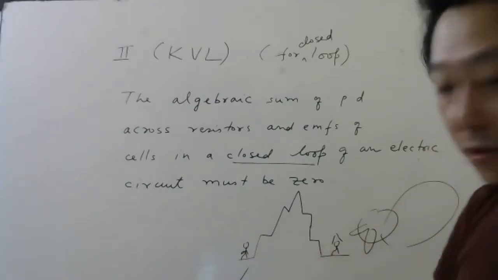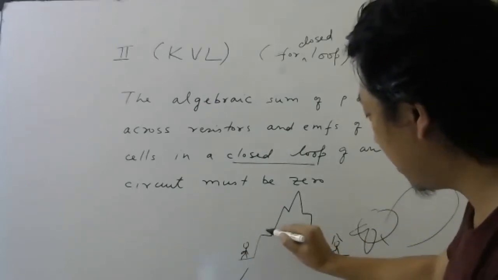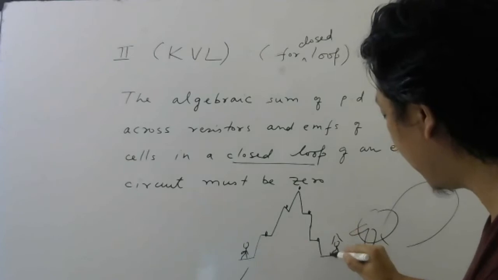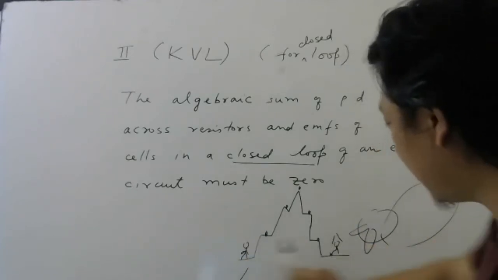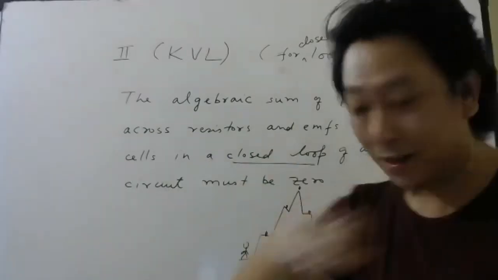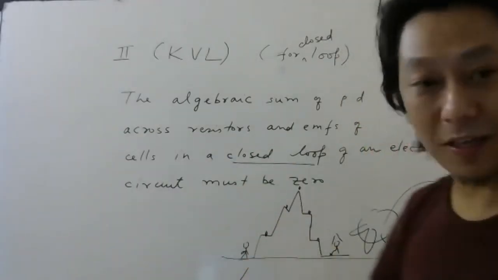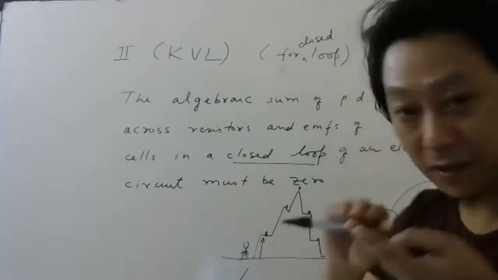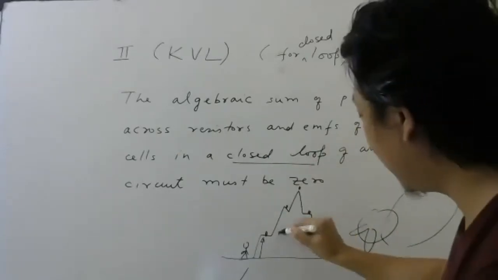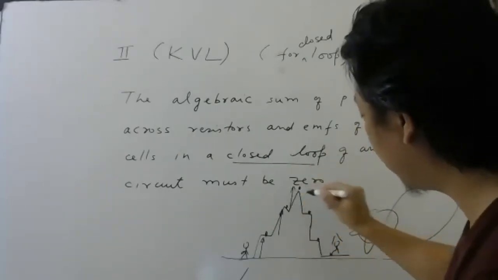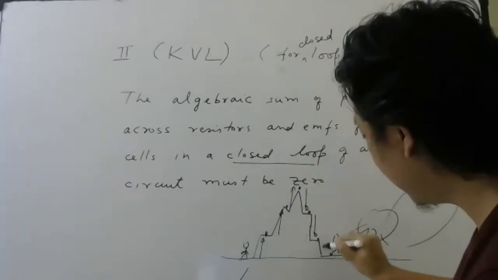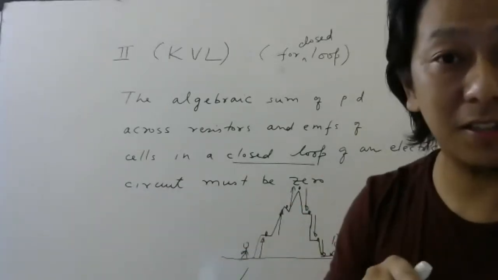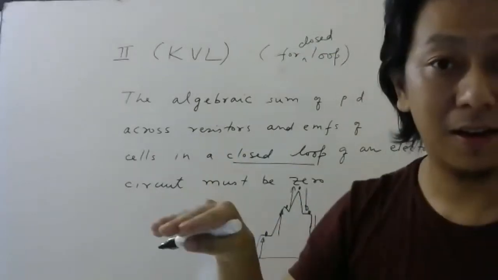You want to help this person. So what you do, you cannot just climb. You have to jump here, then you jump here, then here, then here, then you come here. Now, when you come back to the same level, the total change in the height should be 0. That means here your height is increasing, so the change in the height is positive, let's say. Here the change is positive, here positive. While coming down, negative, negative, negative. So if you add algebraically all the changes in the height, if you come back to the same level, that must be 0.